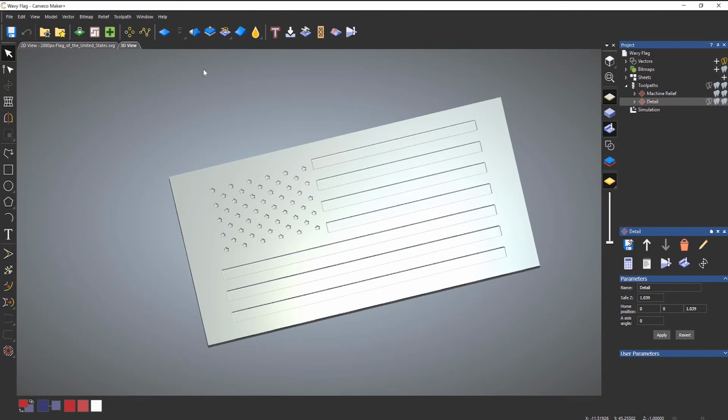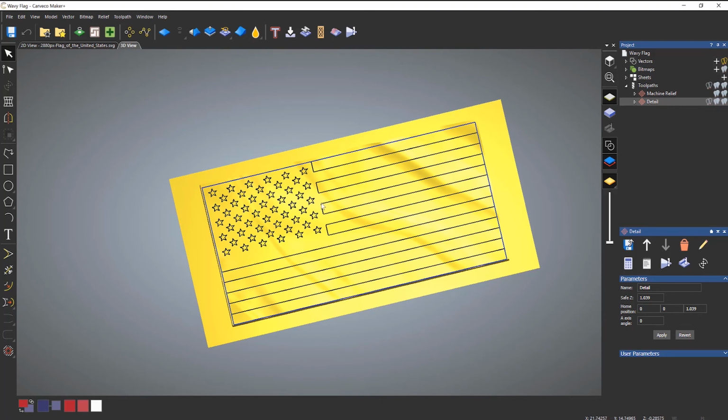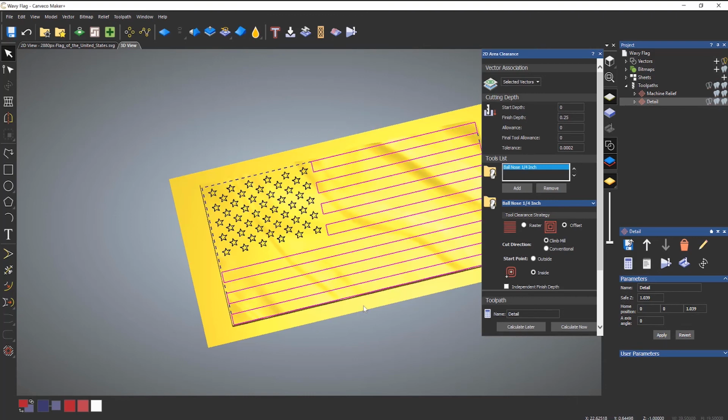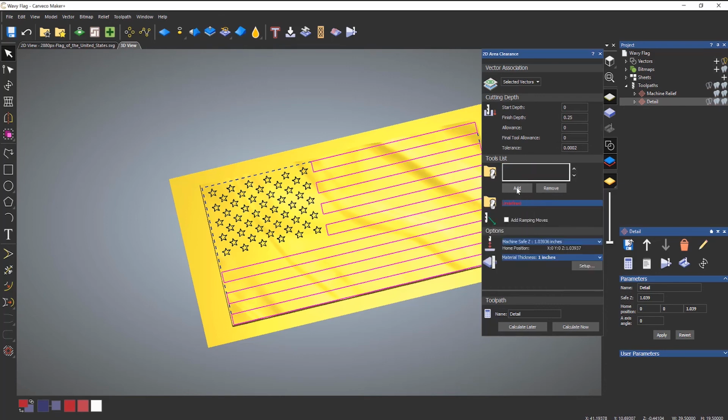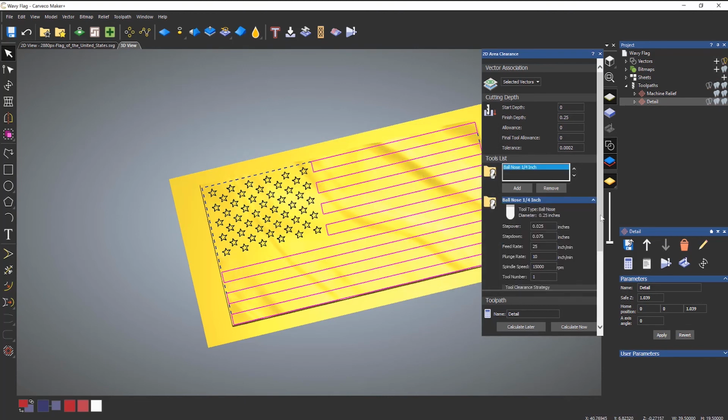So what I'm going to do is delete this simulation, and I don't really want to use a small tool just to do these pockets here. So let's turn off that blue outside vector. I'm going to select these rectangles to machine. Let's double click on the detail, select those rectangles again. So I'm going to do the rectangles separately, and I'm going to remove that, and I'm going to use the 1/4 inch again,